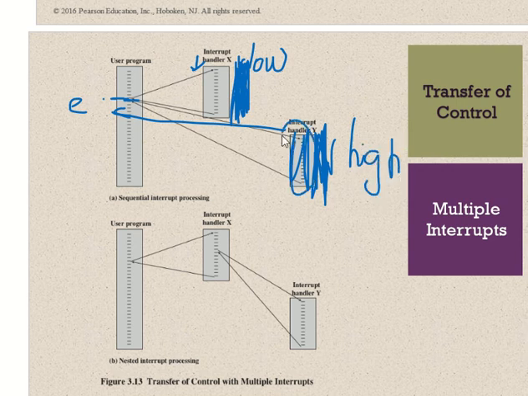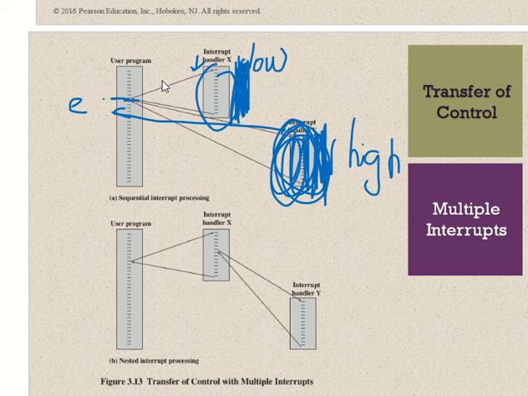Maybe this interrupt is too important, so I have to execute this task first. But in this approach, as you disable and only enable after completing the interrupt service routine, you won't notice the high priority interrupts. Can you get the idea? So that is one drawback.